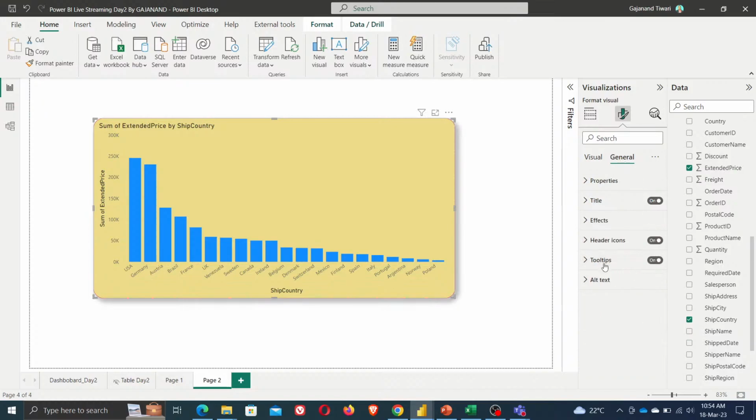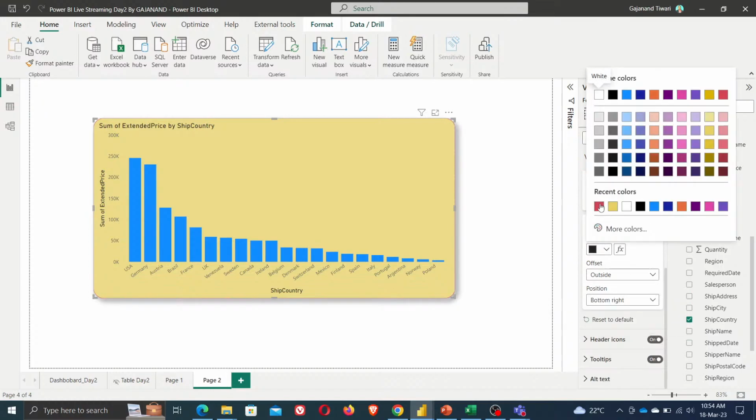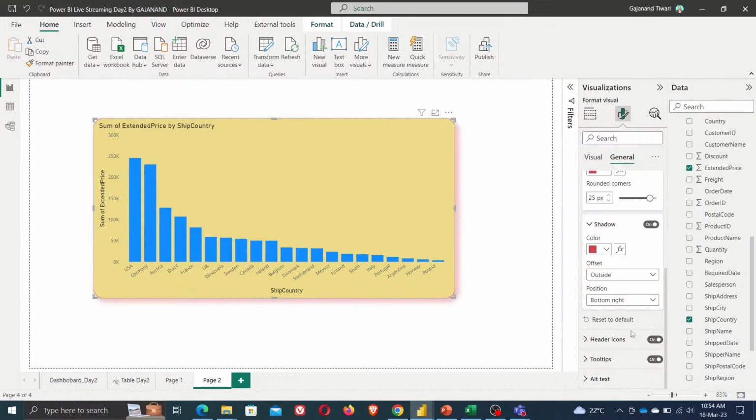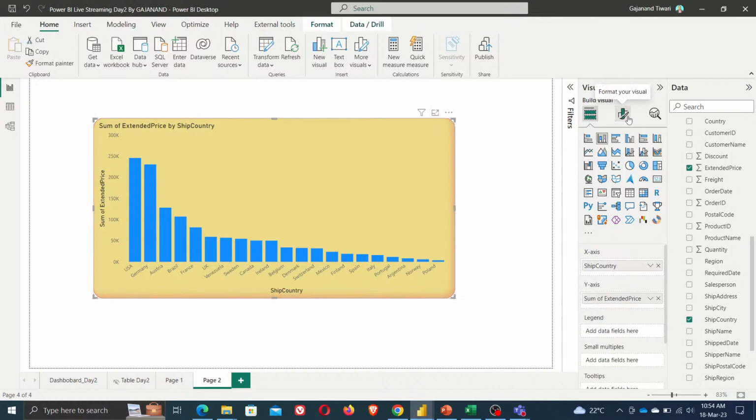Now in the effects part, shadow also can give the red color. Even you can change inside or outside. If you give inside, it should be displayed like this, like a 3D. My understanding is this one looks much better than the previous one, so I think you can use this way. Next,